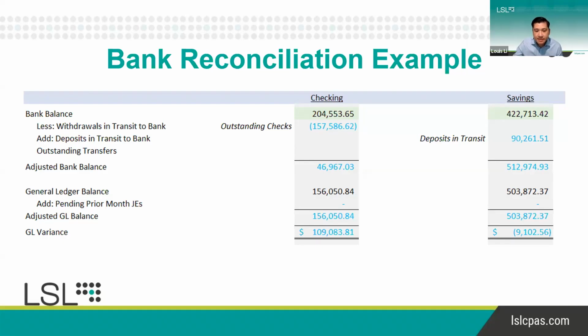Now, essentially what we're trying to do is see if there is a variance. The variance tells you there are probably items in the bank that may have not been recorded, so unposted transactions, or the GL may have transactions that either are recorded in the GL cash balance in error, or it hasn't been cleared yet. So in the next slide, when we go,